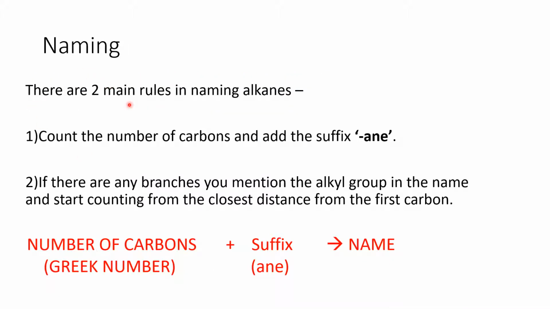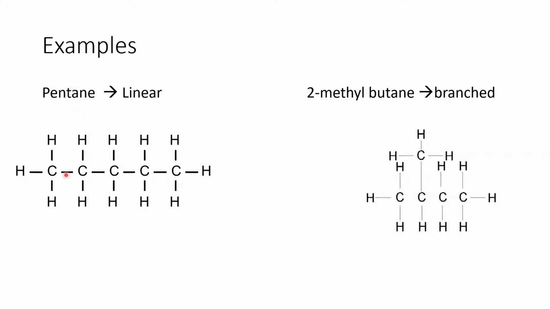When it comes to naming, there's two main rules. You first count the number of carbons and attach the suffix "ane." But always remember, when you're counting the number of carbons, you always have to count it in Greek. If there are any branches you see, you always state the position of the branch in relation to the first carbon. As you can see here, this is an alkane and it contains 5 carbons. You state the number of carbons, which is 5, which is pent, and then attach the suffix "ane",